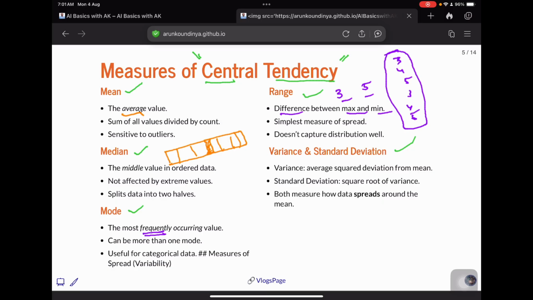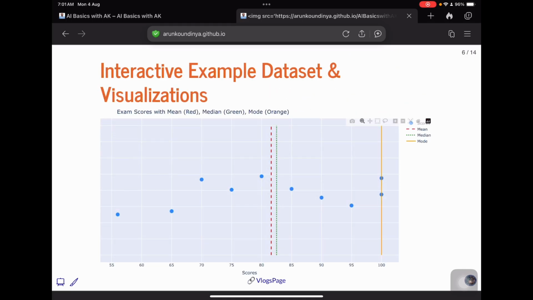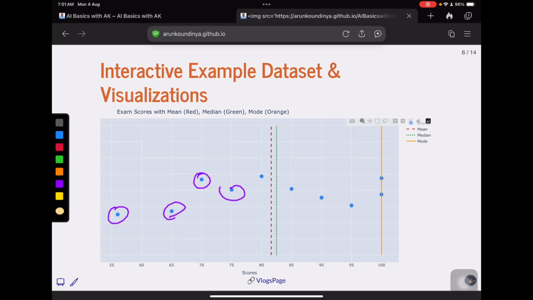That's the most important feature of statistics, where you are trying to describe a huge data set as meaningful information using these basic measures, which are mean, median, mode, range, and standard deviation. So here I'm trying to describe the same thing in a visual format such that people who are new to this can understand it. Here I have plotted all these raw numbers, like these are my exam scores.